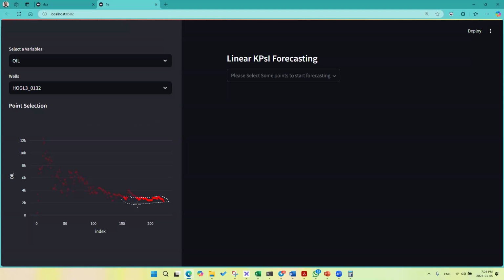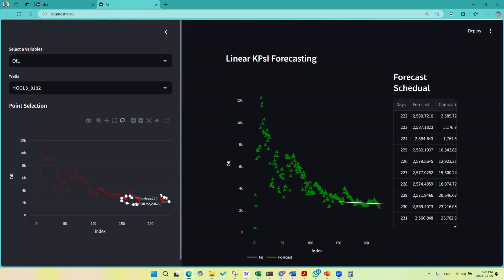I did not program this tool. This tool existed in Python. What I did is I only utilized it for my own benefit. And there you go. You can see this is the selection that Lasso made. Let me show you one more thing. You can even modify those single points on these lassos. Using this lasso tool, which is an extremely powerful tool, you can refine, you can apply, you can create any type